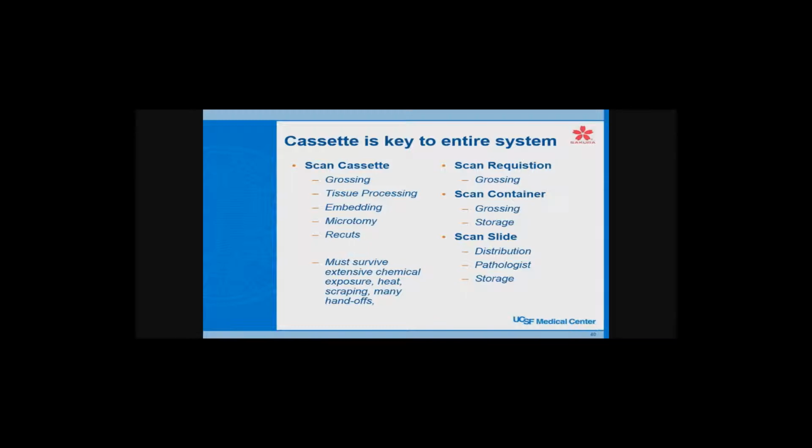When you look at the other items, a requisition is scanned only at grossing, containers only scanned at grossing and storage, the slides only scanned at distribution and by the pathologist, and then at storage. And so you can see that the cassette is what is scanned the most. And what I'd like to emphasize is that you should look at getting the very best cassette printer you can and make sure that your cassettes are printing extremely well